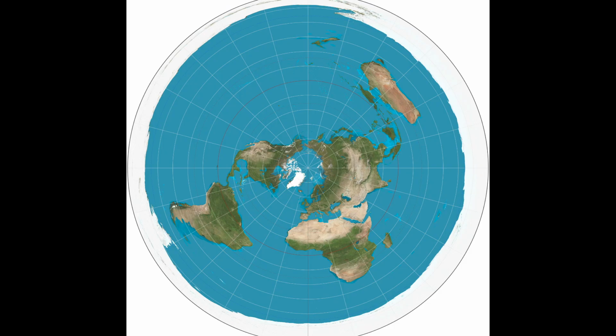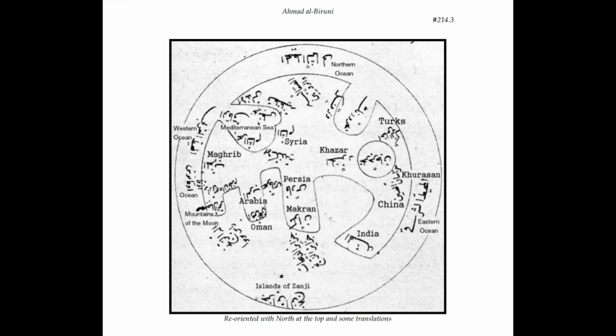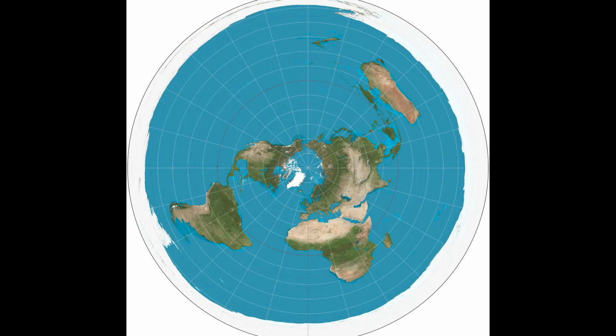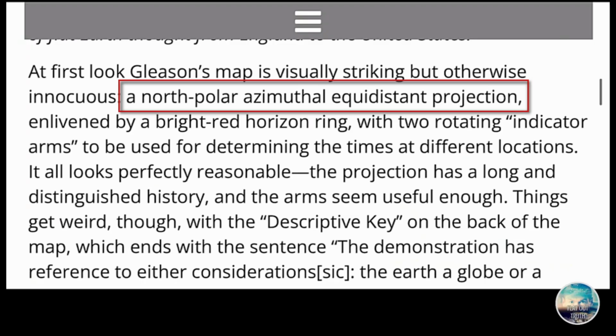The one that we are speaking of, the one that I just showed you. Gleason didn't invent this map projection. It was first mentioned in text in the 11th century by L. Bruni, and it is a map projection of a globe. This was not a good attempt from Terry to try to do some kind of damage control. Advice to you, Terry, next time you publish a video, read the whole text before you publish it.